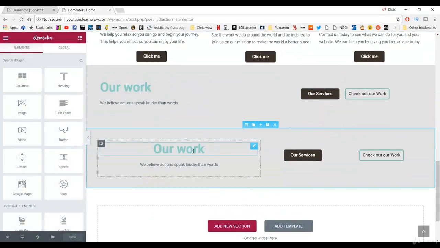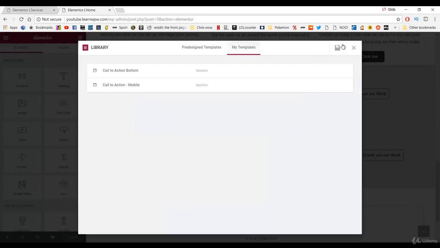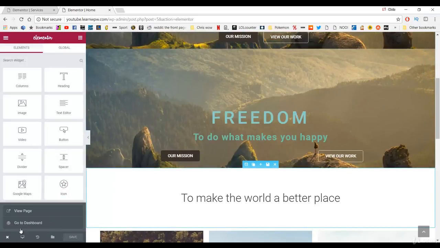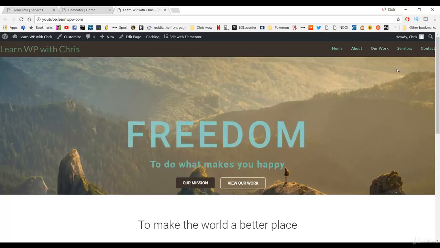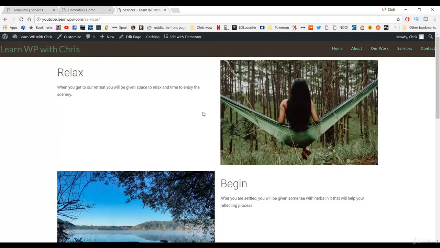And then we're also going to save the mobile version as well. So click save section and type in call to action mobile, and then click save. So now if we exit out of that and go to our services page and click edit with Elementor,